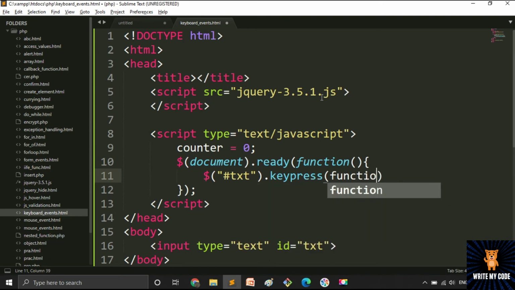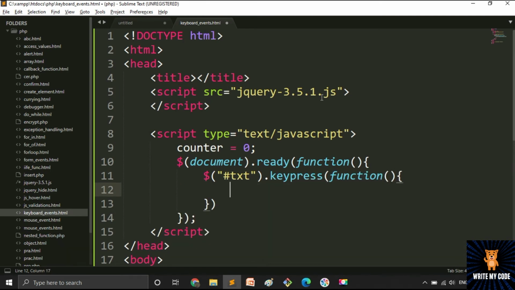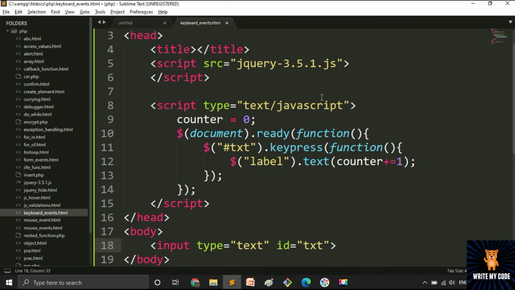Now function, place a semicolon, and here we will write our actual code, that is in the label. What we need to do is write counter plus equal to 1, or we can also write counter is equal to counter plus 1. Now we will print our counter over here.